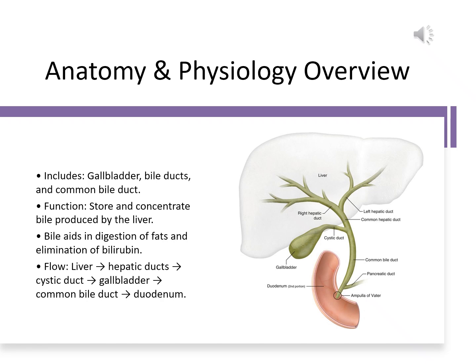So the biliary system or biliary tract is a network of ducts, organs, and accessory structures that work with the liver and the duodenum in aiding digestion and absorption of fat. So this will include the gallbladder, which stores and concentrates the bile, ducts, which help to transport bile, and the sphincter of Oddi. This helps control the bile into the duodenum. So first we're going to talk about our